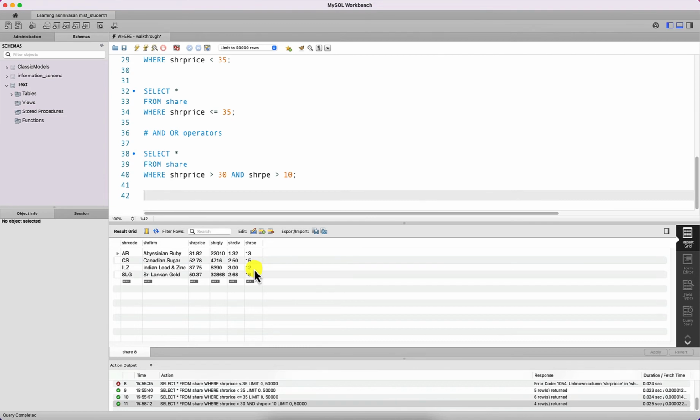The OR operator, on the other hand, is slightly different. The OR operator evaluates the truth of either one expression or the other, right? And so if a record matches either of the conditions, that record is returned, or that row is returned. So how does one use the OR operator? Let's say I want